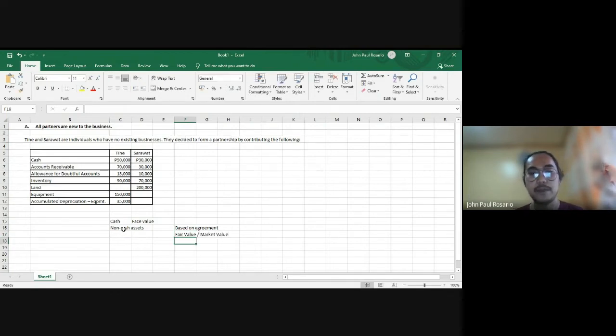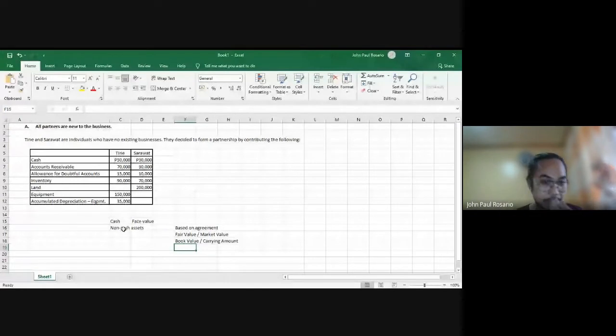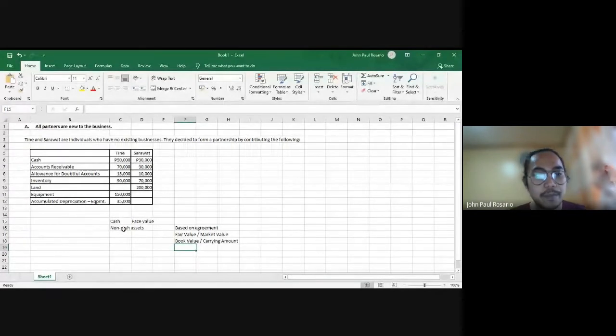And after that, kung absent gyapon ang duha, then we go to the book value. Book value is the carrying amount of the asset. Carrying amount. Okay? So book value is kung pila ang amount nga na-record nimo currently, or after adjustments nga not based on agreement. Okay? So for service naman or for industry, we record industry through a memorandum entry.